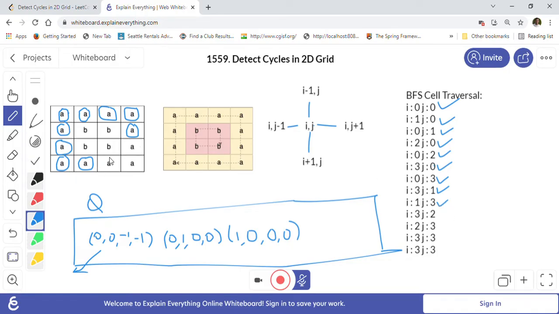Then from this a again we can go here, this is 2 comma 2. So sorry, 3 comma 2. So 3 comma 2 is this one, right? And this one is 2 comma 3, right? This is second, third. So 2 comma 3, and then from here I can visit this a. So this is the 3 comma 3 cell, so I visited the 3 comma 3 cell. And when we are visiting any cell, we are keeping track of what cells we have visited, right?